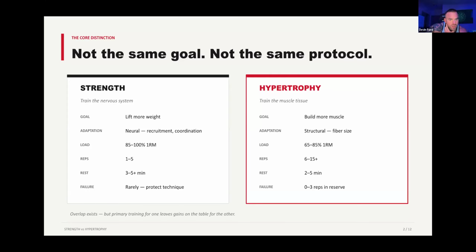Now, reps just go along with the load. You're not doing any more than 85% of your one rep max for more than 5 reps. It's impossible. So the reps that you train at is nothing more than how many reps you could do with the loading that's required. Does that make sense? So there's nothing magical about the reps that cause strength. Let me put this another way. Does doing 3 reps at 60% of my one rep max cause me to get stronger?